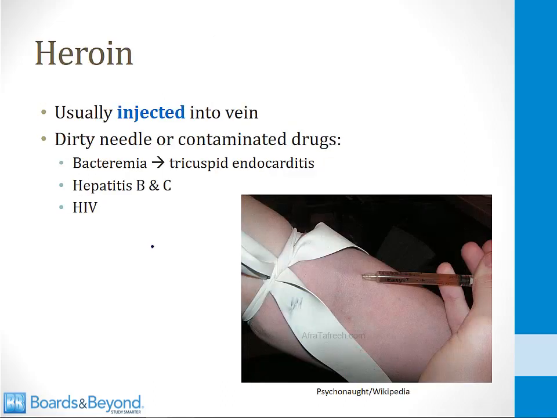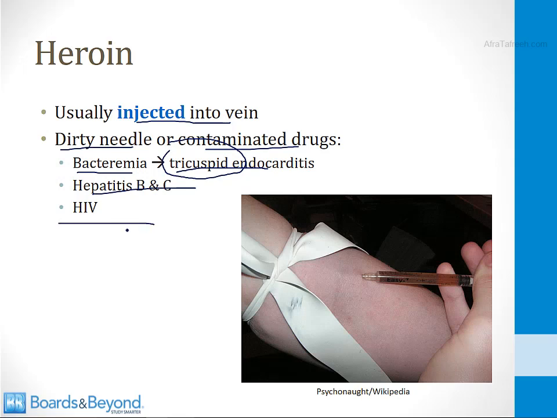The way heroin is usually abused is by injecting it into a vein, and you should be aware that in addition to the opioid effects, many patients have adverse effects from heroin abuse because they use dirty needles or they inject contaminated drugs into their bloodstream. So for example, many IV drug abusers develop bacteremia, and this can cause endocarditis classically on the tricuspid valve because the venous blood flow goes right into the right heart and the bacteria land on the tricuspid valve. Patients who use IV heroin are also at risk for hepatitis B and C and HIV, and this is all because of the use of dirty needles or contaminated heroin drugs.